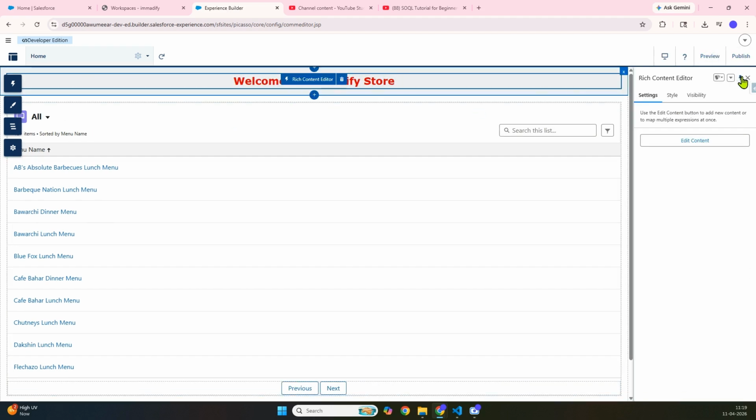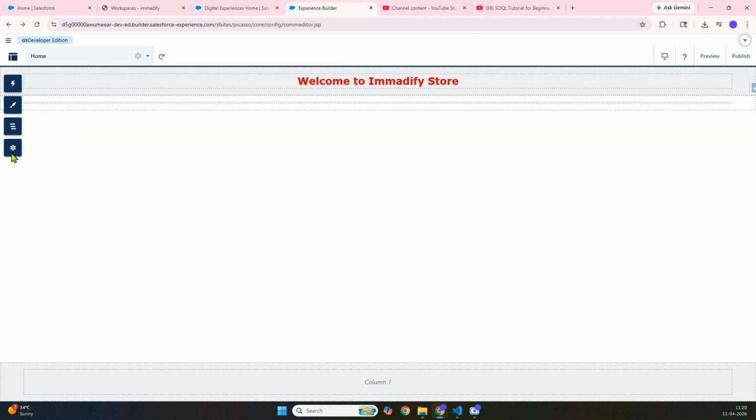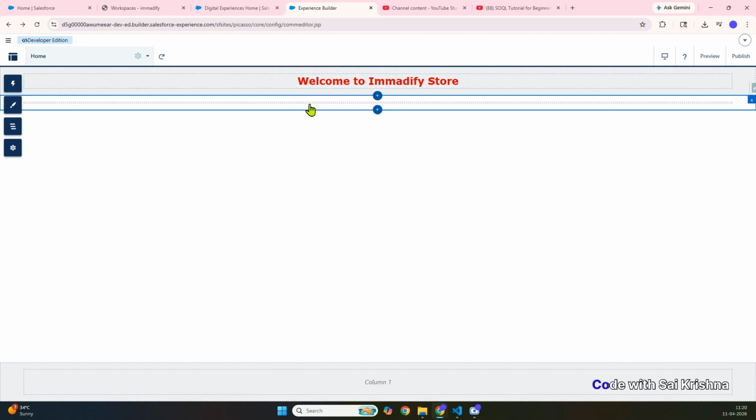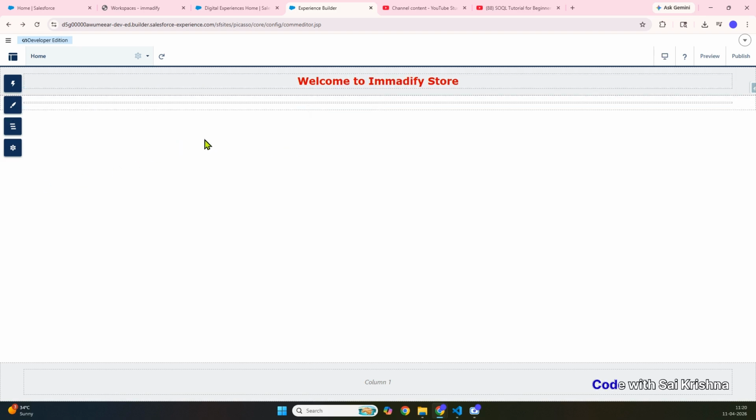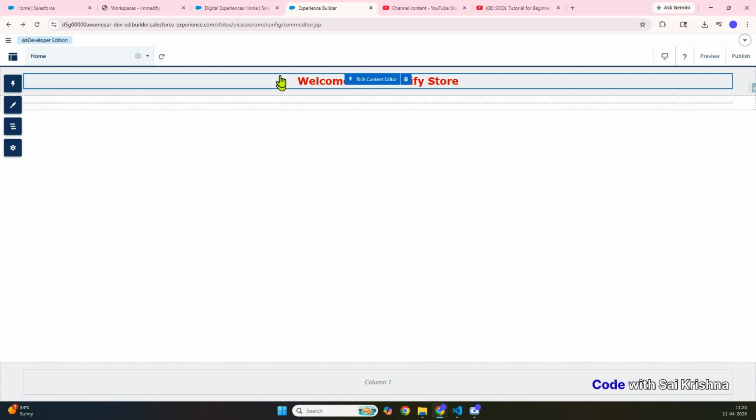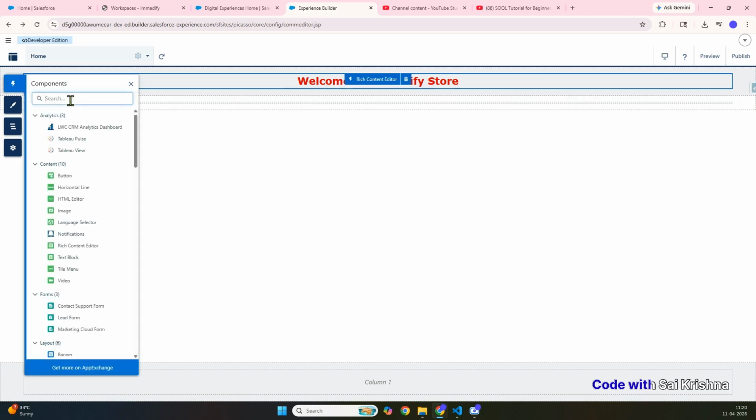So now, right now I'm just adding some basic UI elements for layout. We'll improve design later. Right now we'll focus on the structure. Okay, we have added the rich text content and we said welcome to Imadi store, and now let's add navigation